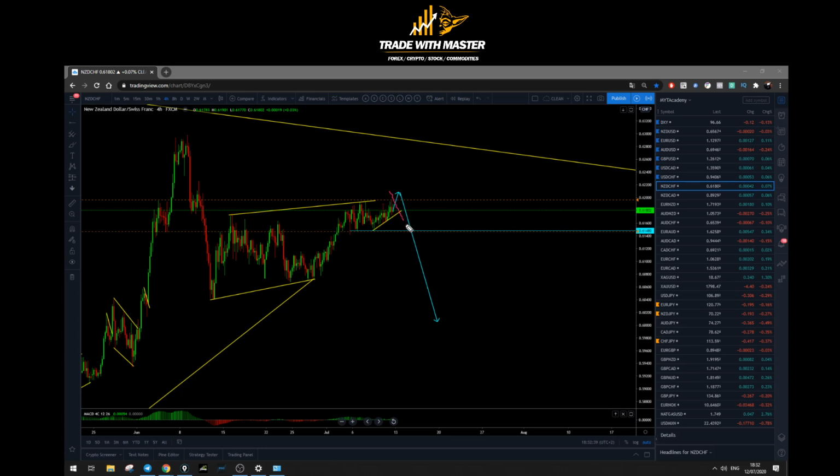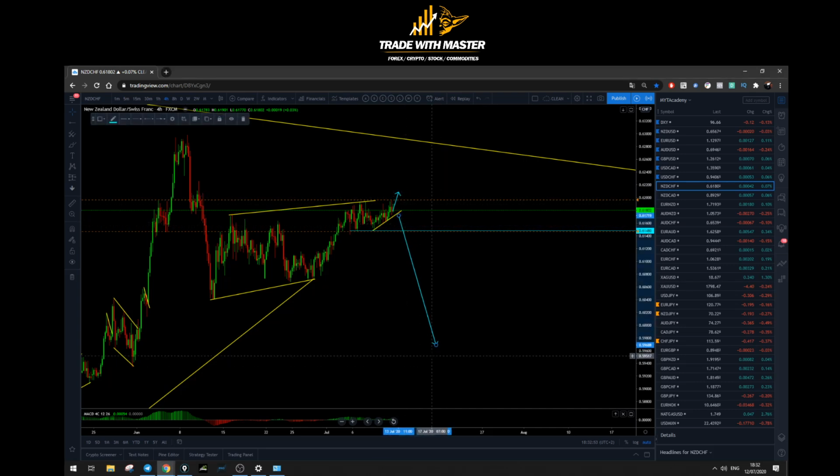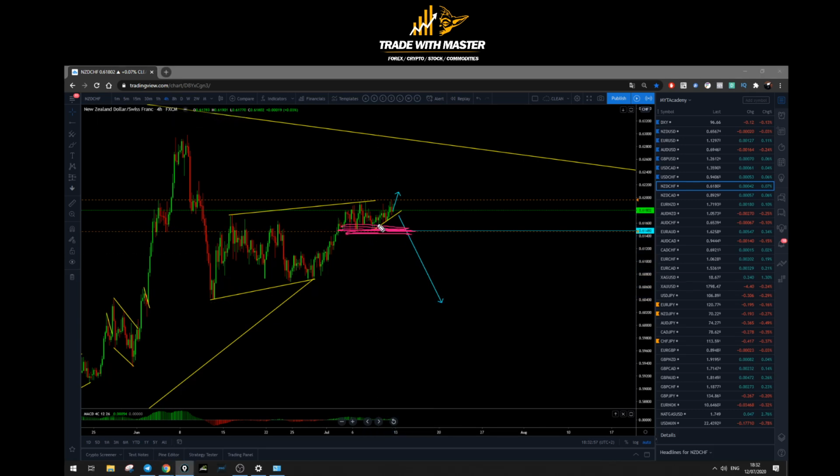You can go for the sell, and you just have to be careful around the previous bottom. Why? Because that could be a nice structure for one more buy, tag that high, and then go down. So be careful, these possibilities still exist over there. Be careful by the previous bottom. This is where the magic will appear, and this is where you have to be careful because